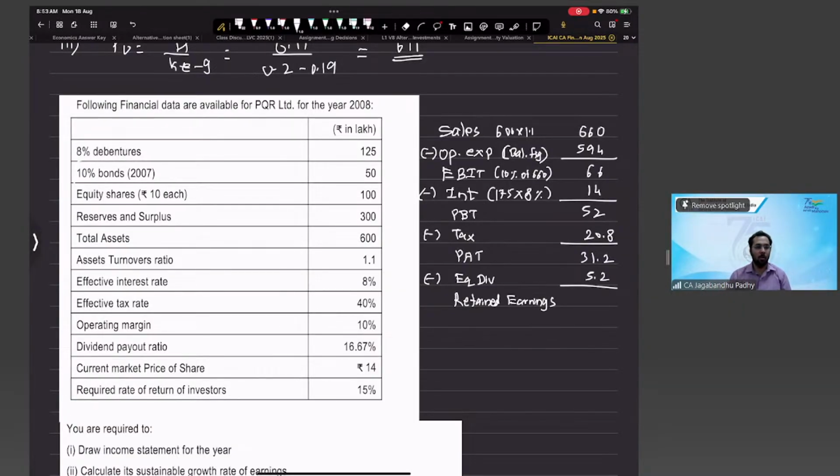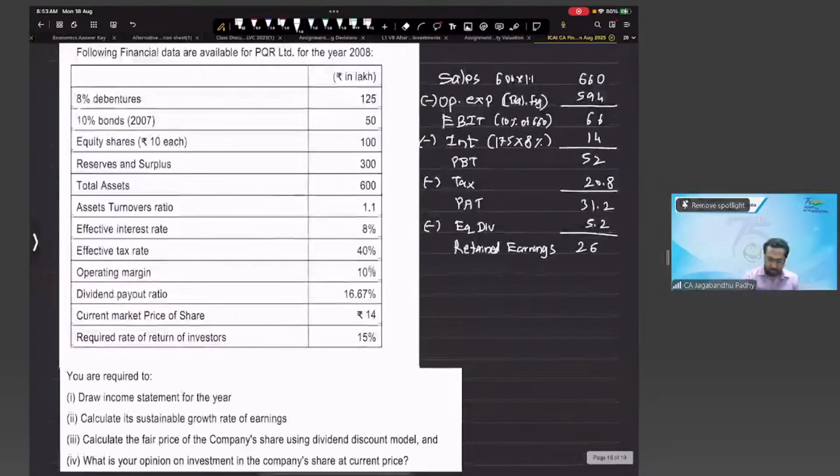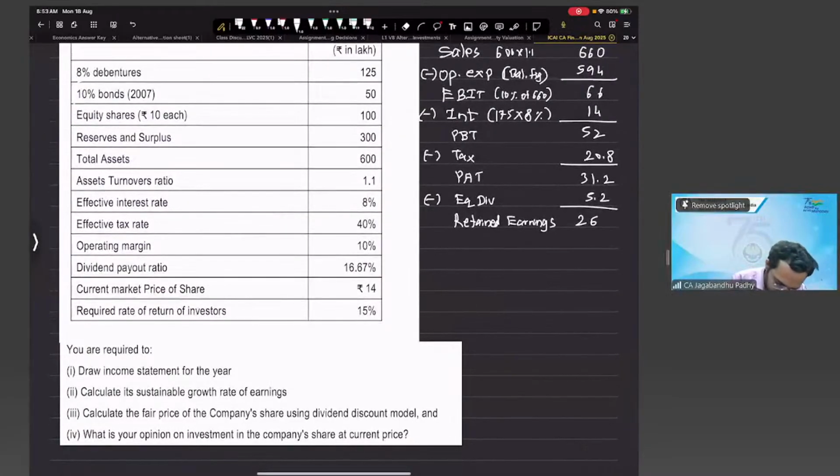5.2. Yes, sir. So retained earnings is 31.2 minus 5.2, which is 26. Right, so this is the income statement that we have. Now calculating the sustainable growth rate. So the growth rate is B into R. So B, or the retention ratio, is going to be 1 minus 0.1667